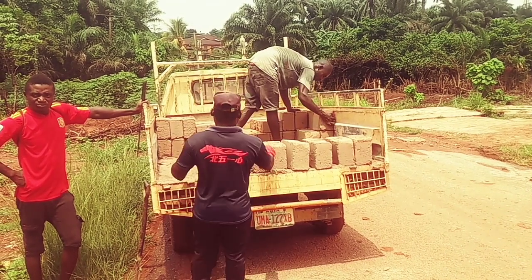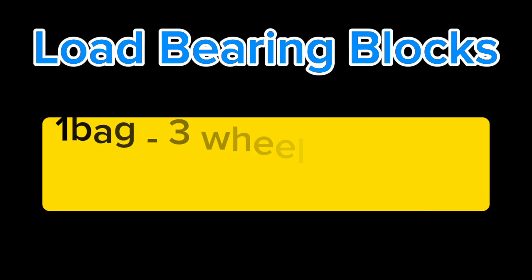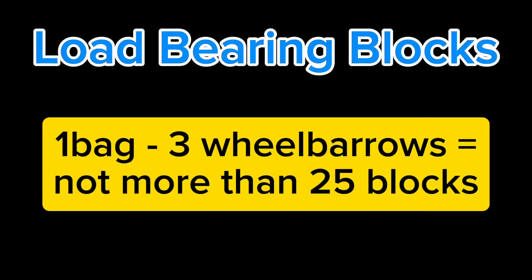Now, my opinion on the number of blocks that you should produce with a bag of cement, or my suggestion, is: if you are producing load-bearing blocks, then use the standard ratio as recommended by NIS, but bear in mind that you will not get 15 pieces of blocks from that ratio. If you are getting anything that is not more than 25 pieces of blocks for load-bearing blocks, then it is okay for me.